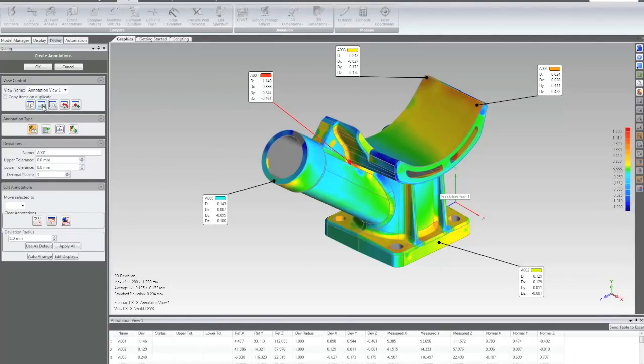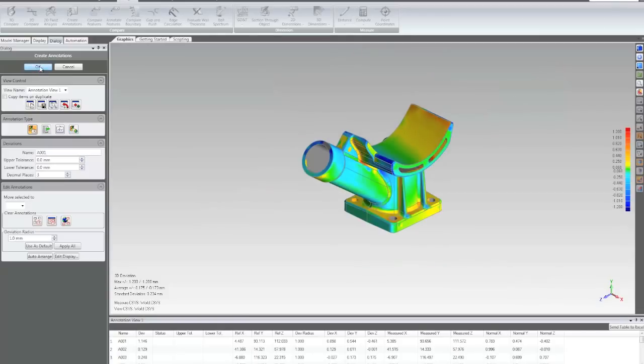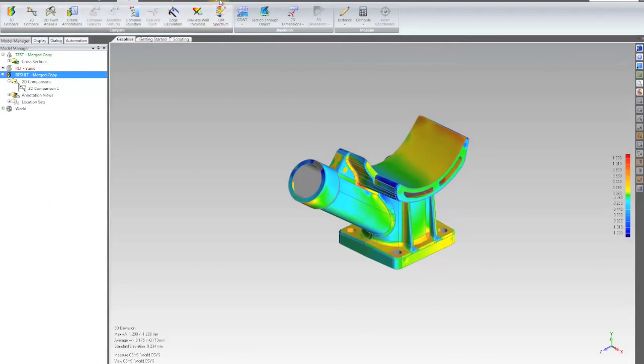Now I can save this view and just get the screen capture, but one of the great things you can do in Geomagic Qualify and Qualify Probe is generate a report that contains a fully interactive 3D model. And the way I can do that is to simply check this box, select PDF as my output,